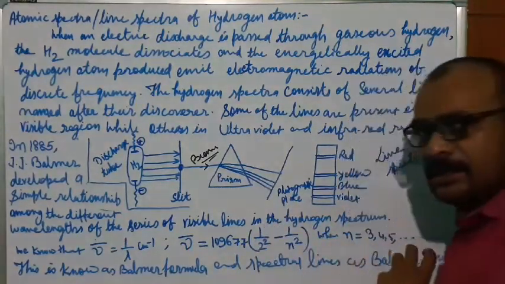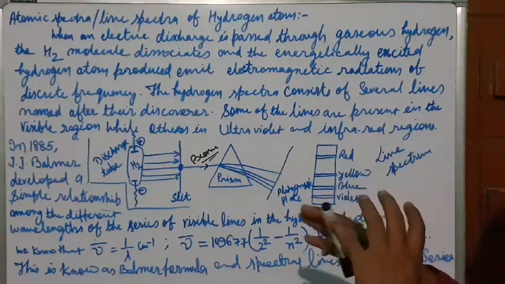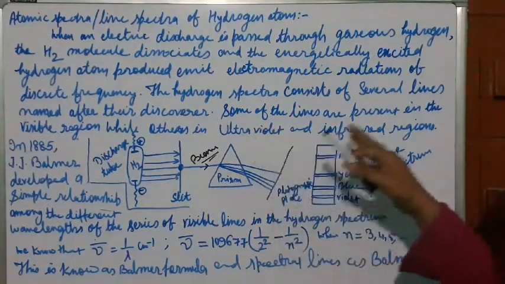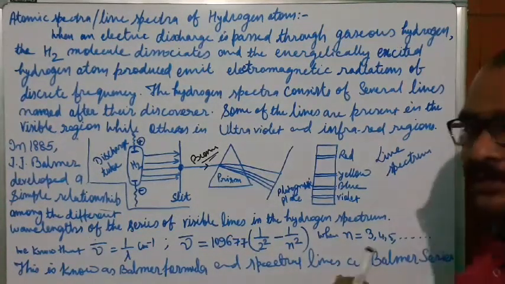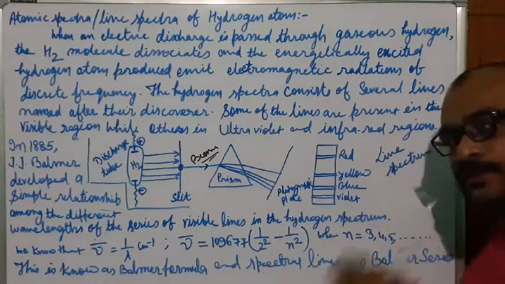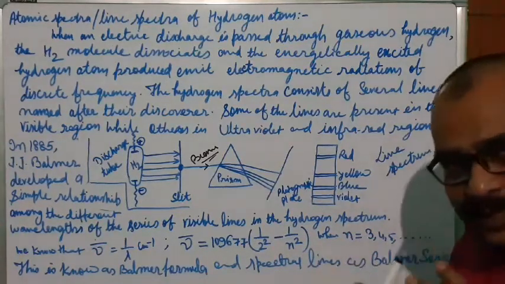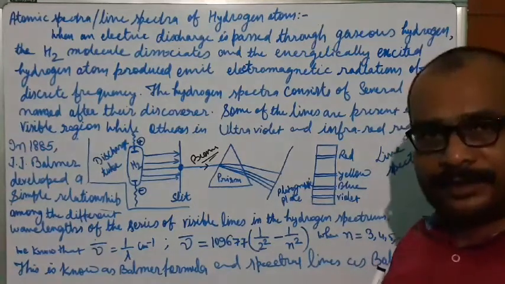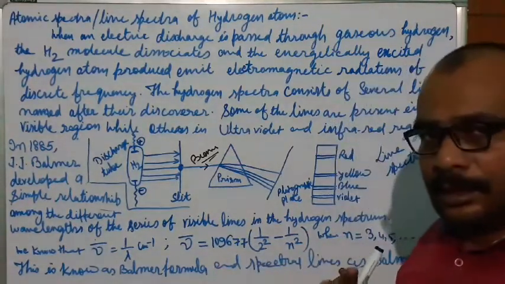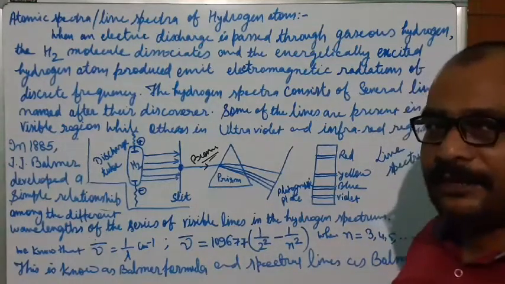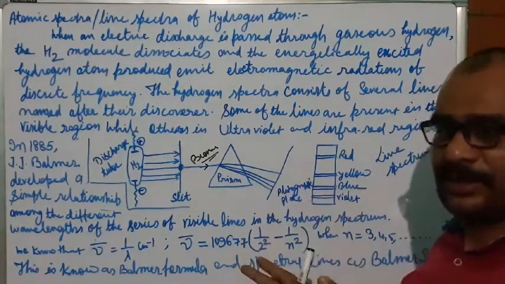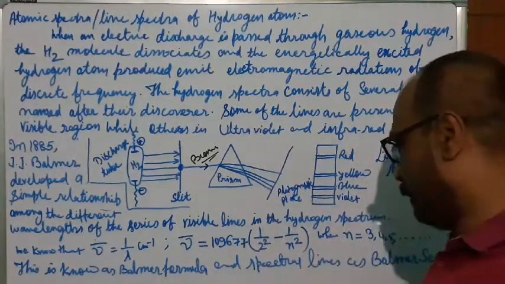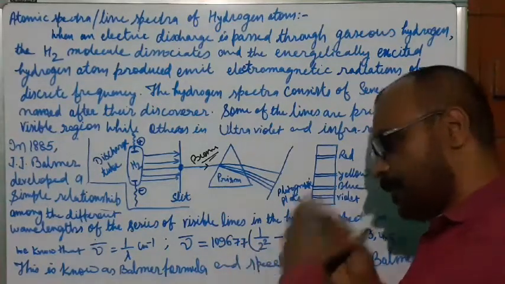After the discovery of different kinds of spectral lines in the ultraviolet and infrared regions, we have got 5 types of spectral lines, which we will discuss in the next lecture. When these 5 types of spectral lines came into the picture, Rydberg considered this formula and derived a general formula applicable to all the spectral lines, whether in the visible, ultraviolet or infrared range. That extension of the formula I will discuss in the next lecture.